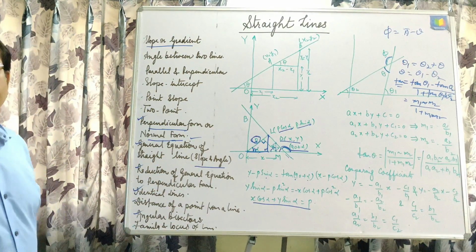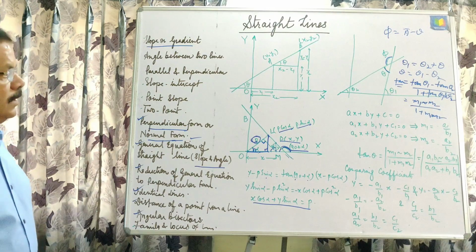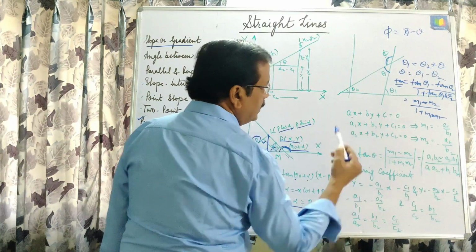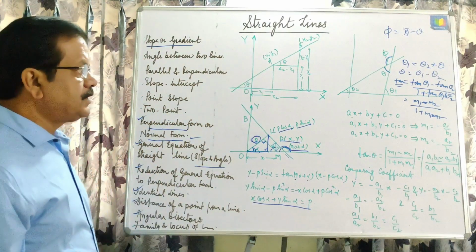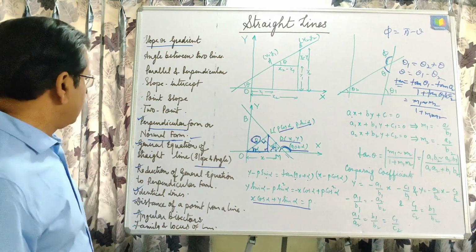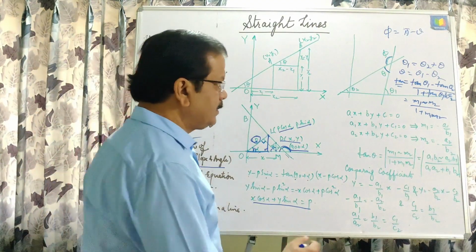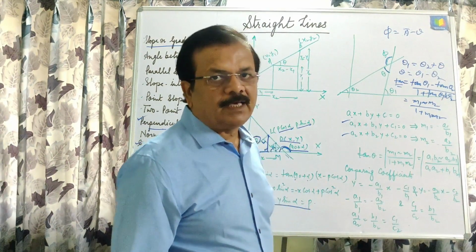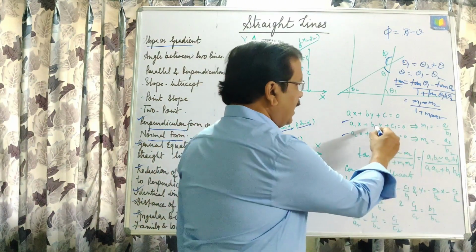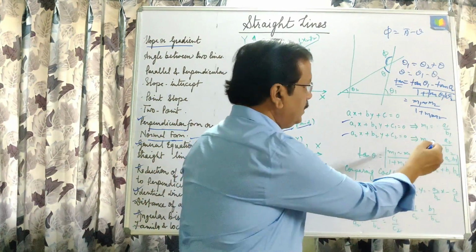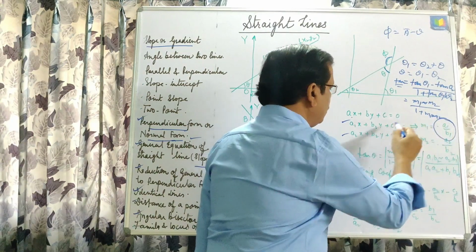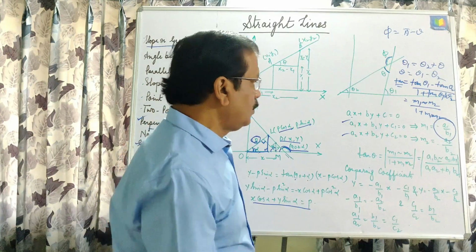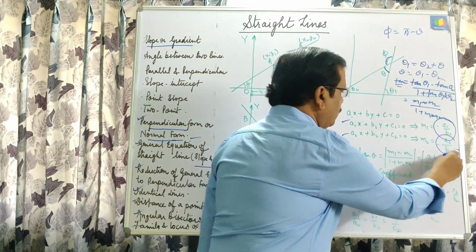The general equation of a straight line is the equation written in the first degree, that is ax + by + c = 0. Now we can find slope and angle with the help of this. Let two general equations be a1x + b1y + c1 = 0. Writing it in terms of y = mx + c, the slope will be -a1/b1. In the same way, for the next, a2x + b2y + c2 = 0, the slope will be -a2/b2.